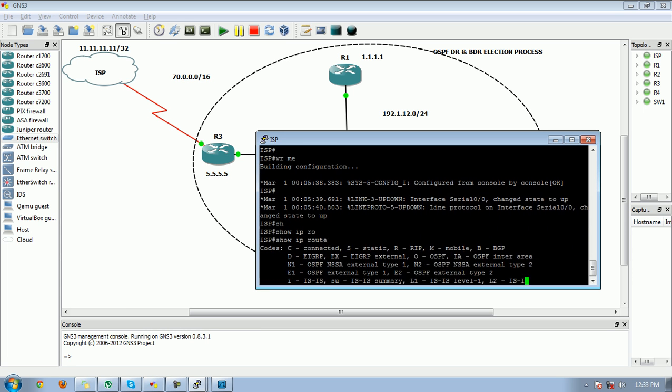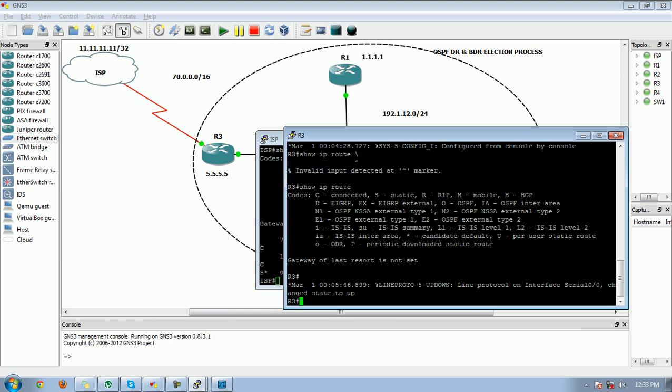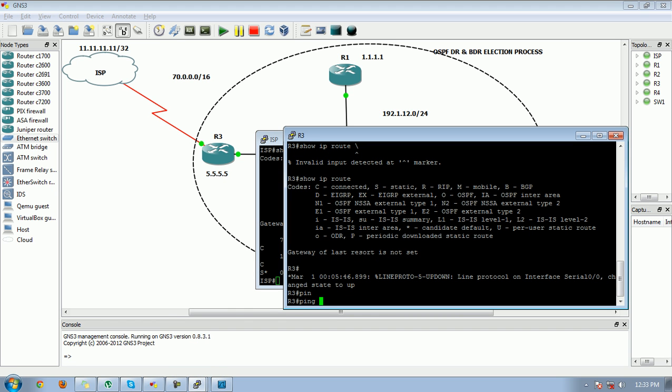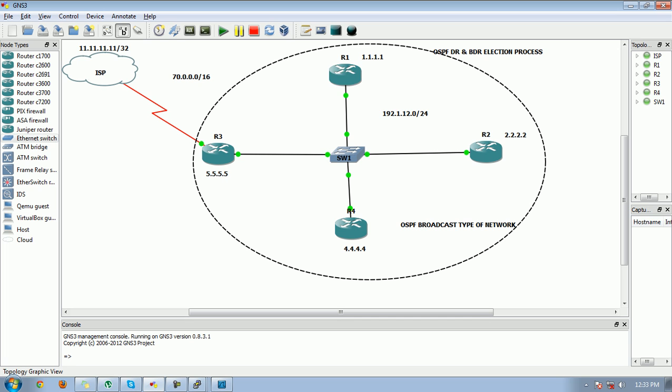So IP route, I'll get the static now. Let's try pinging from R3. Ping 11.11.11.11 source, not source. See? I'm able to reach my ISP. Got it? Any doubt? What I'll do now,